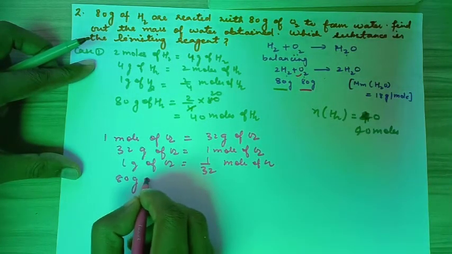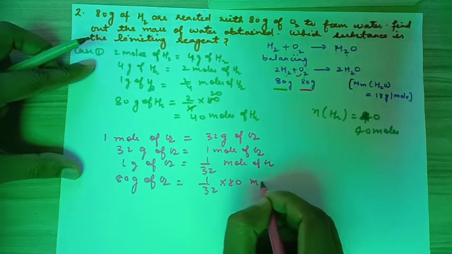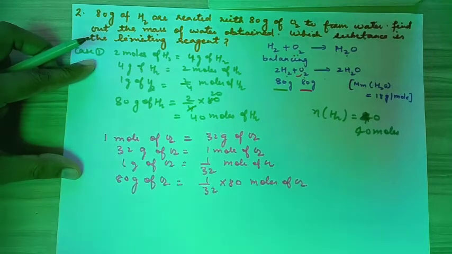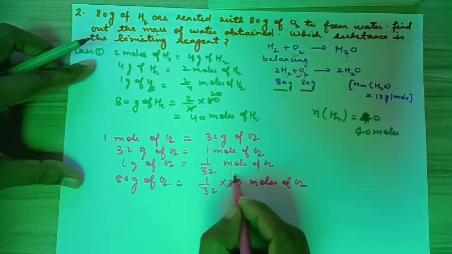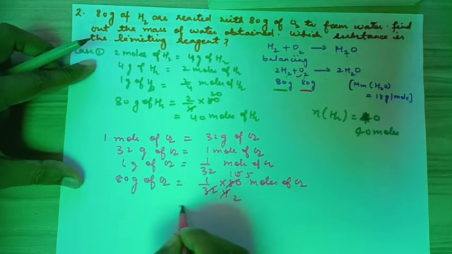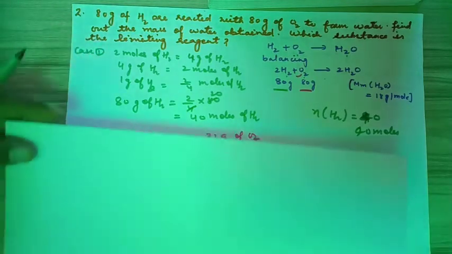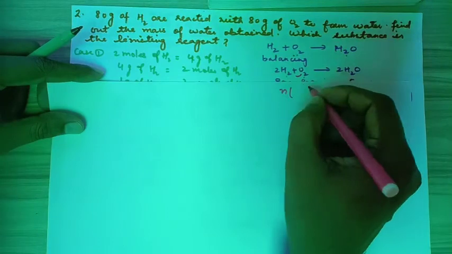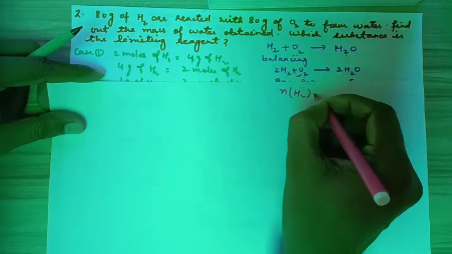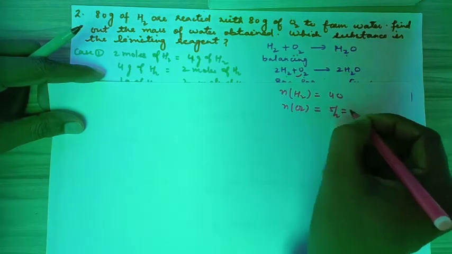So 80 gram of O2 will provide us 1 by 32 into 80 moles of O2. So we have to solve it. 8 tens are 80 and 8 fours are 32, 2 twos are 4, 2 fives are 10. So it is 5 by 2, or we can say 2.5 moles of O2 is obtained. So we have obtained two things, that is moles of S2 as 40 and moles of O2 as 5 by 2 or 2.5